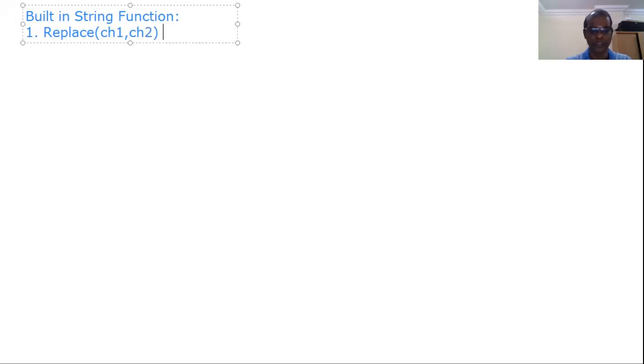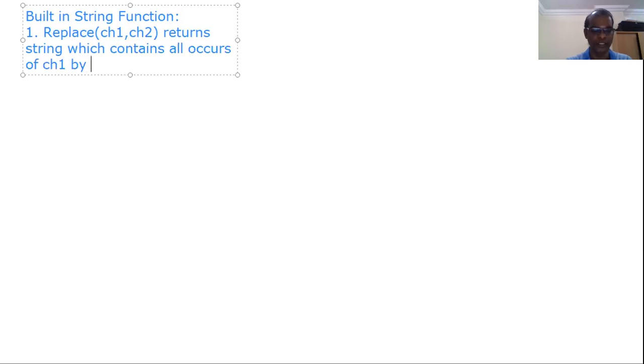That means it returns a string which is replaced, which contains all occurrences of ch1 replaced by ch2. For example,